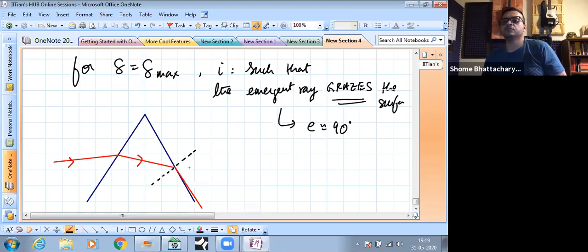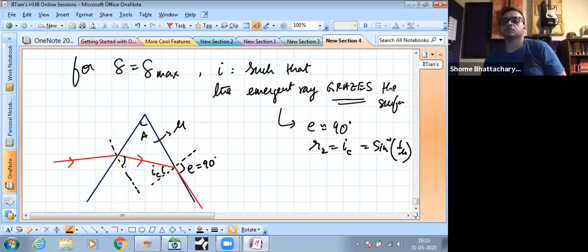So if the angle of emergence is 90 degrees, then this angle will become the critical angle. So R2 becomes the critical angle, which is nothing but sine inverse of 1 by mu for that particular glass piece, whatever the mu is. So then this R1 becomes A minus critical angle, because R1 plus R2, remember, was equal to A. So making use of that,